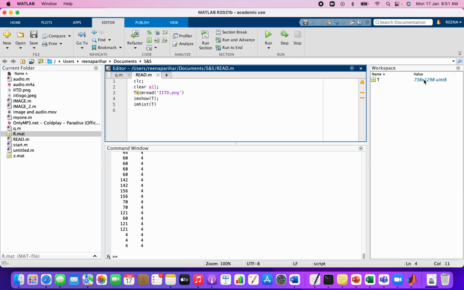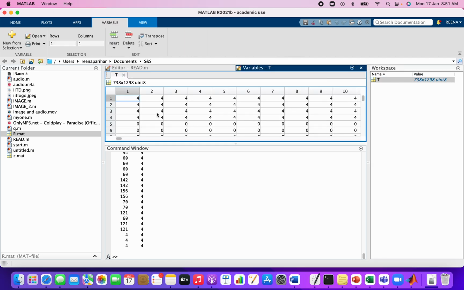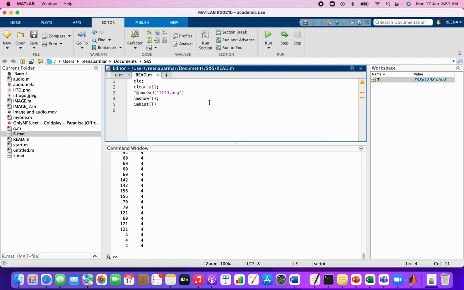If you open up T, this is the back end of your image file, how the bit streams are there in the back end of the image file. So when you write imhist, you have to store it in some other variable.